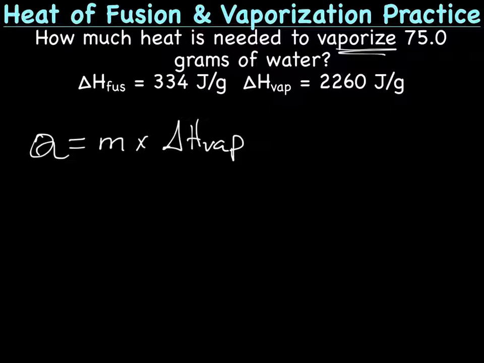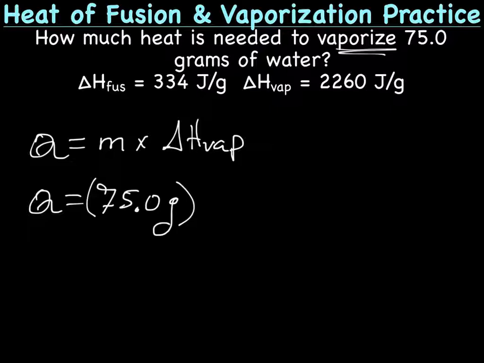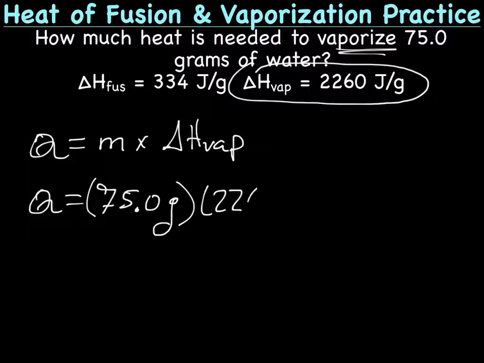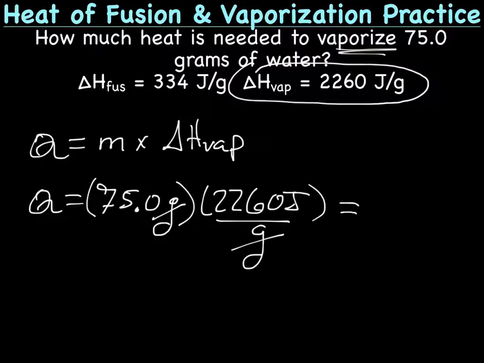Now we just plug this in. Q is the amount of heat. We know we have 75.0 grams, and we're going to multiply that by the constant for water for heat of vaporization, which is 2,260 joules per gram. So grams will cancel out, and when we multiply, I got 169,500